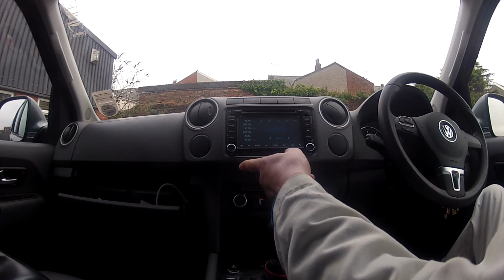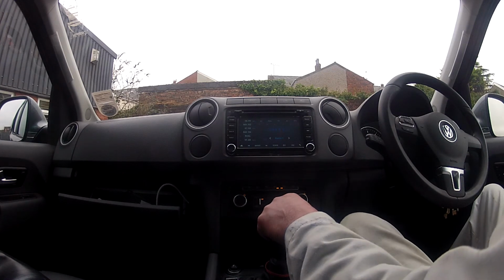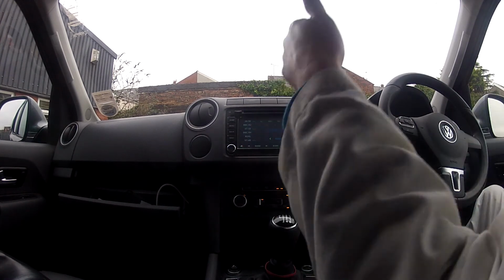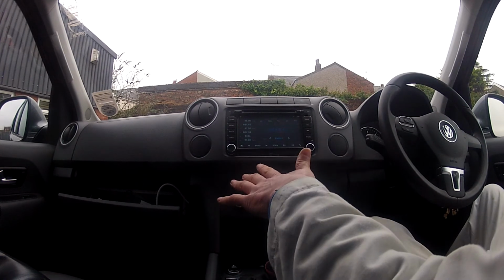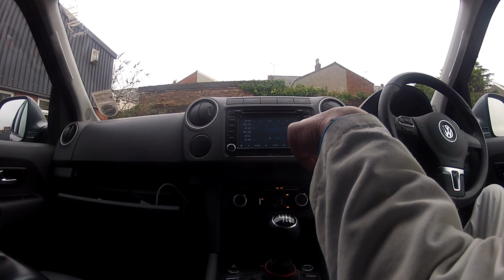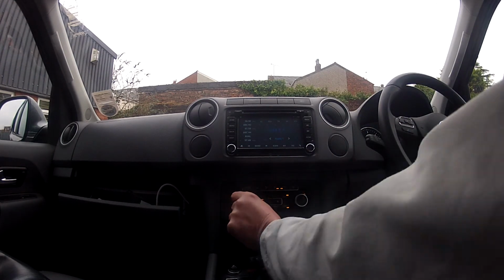Also, I haven't got a camera hooked up to this. I've just ordered one today. But if you had a reversing camera, it should display whatever's out the back from the camera. As it is at the moment, this Amarok has got sensors in the front and sensors in the rear. So if I put it into reverse gear now,